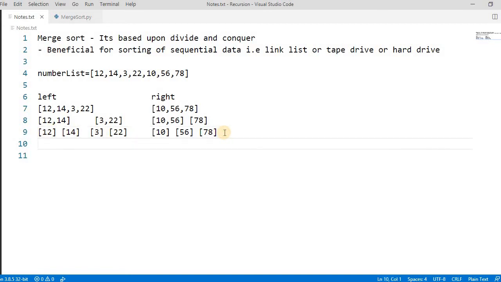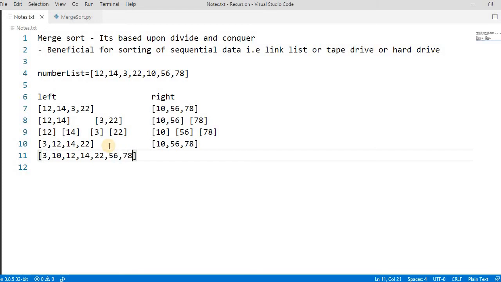So it will sort and become 3, 12, 14, 22, and then 10, 56 and 78. By doing this, at the last it will merge all these parts, and it becomes 3, 10, 12, 14, 22, 56 and 78. So it goes on dividing till it ends, then sorts according to your needs, ascending or descending order, and the final one it will merge and order.